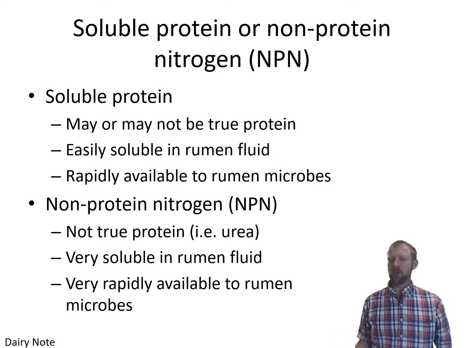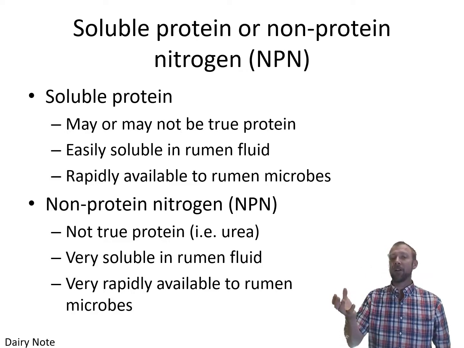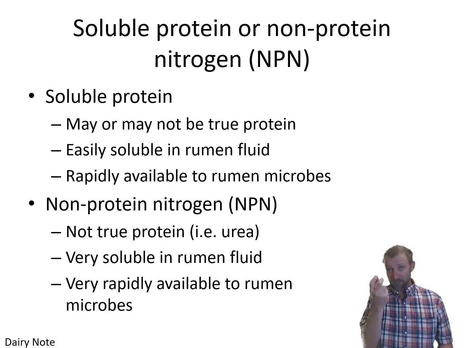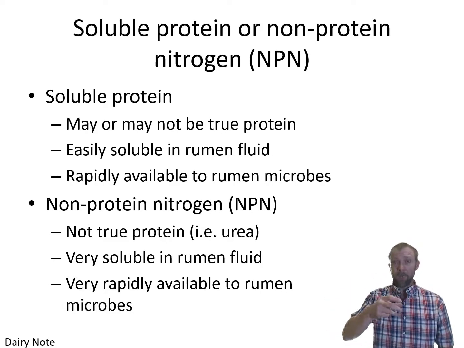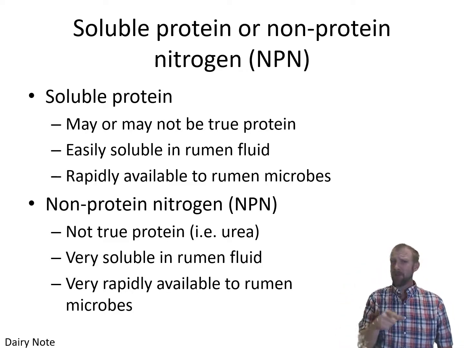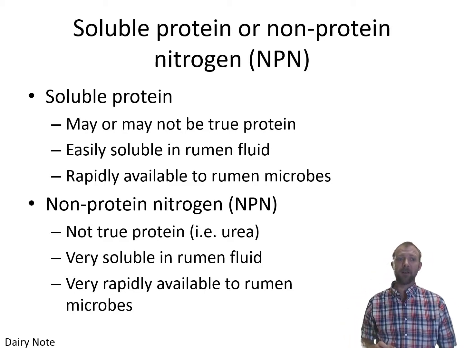It's usually very soluble in the rumen fluid, so when the animal eats those, it's very quickly available for those microbes. Again, you should start thinking, if I'm going to have this nitrogen available in the rumen so quickly, I better have some energy available as well. Otherwise, it's just going to get recycled back. And remember, that process of making urea in the liver is very energetically expensive. So we want to keep that very efficient by having a protein and energy source that match each other.